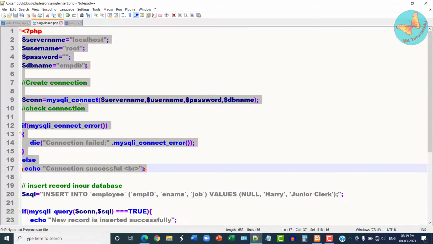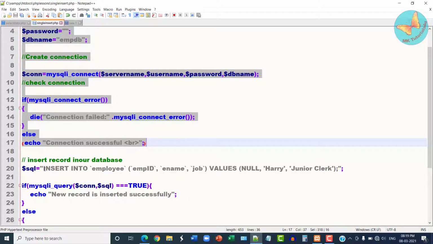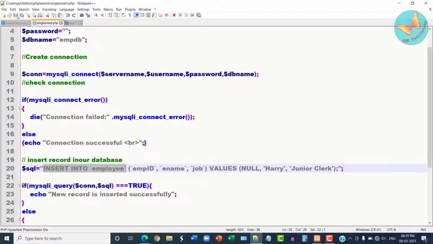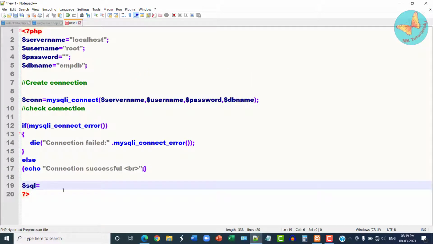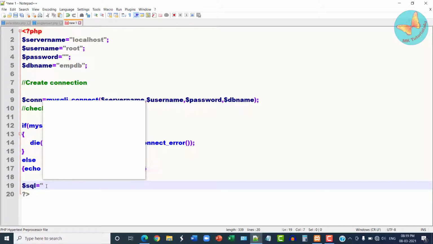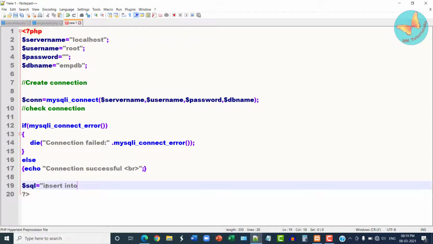Last time we used only a single insert statement. Now I'm going to show you how to insert multiple insert statements. So here I'll again write my insert query, insert into employee. Since my first field is auto incremented, I'm not going to insert any data in it.